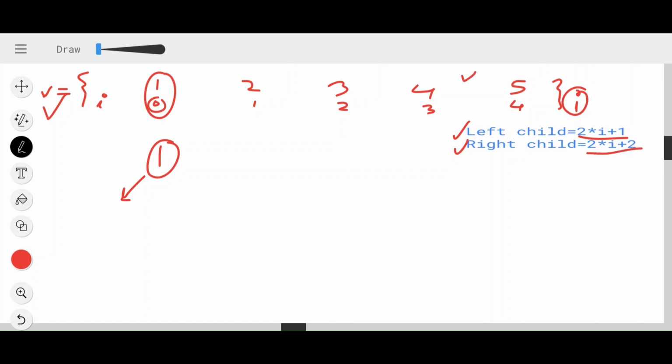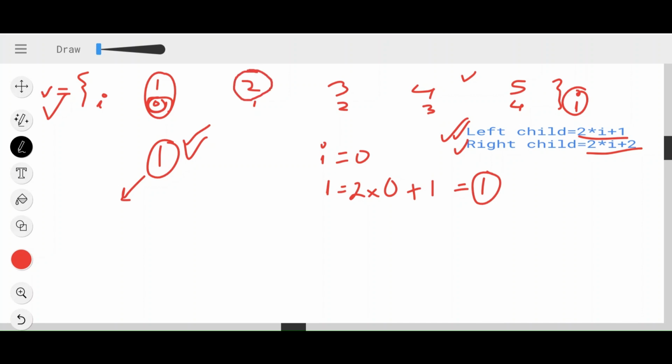Okay, so this was my root node. This element was stored at index 0. So here I am taking I as 0. My root node is at 0. Now I need to find out the left child at first. So my left child is at 2 into I plus 1. I is 0 here, so 2 into 0 plus 1 gives me 1. So this tells me the position of the left child. It is pointing to index 1. What is the element present at index 1? It is 2. So insert this 2 in the left side of this root node.